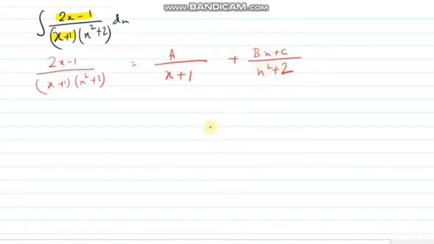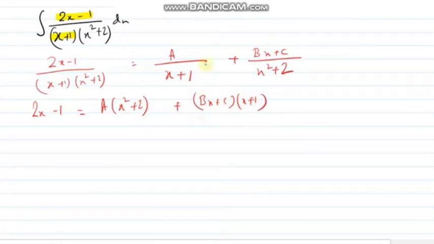Now the concept: I write A divided by x plus 1, but for x square plus 2 I am taking Bx plus C. Just check. If you have checked the last video, once we find the values of A, B, C and integrate, we can get the log. But as it is a square term, I will write a linear function over there, and I will show you, don't worry. So can we write 2x minus 1 as A into (x square plus 2) plus (Bx plus C) into (x plus 1).